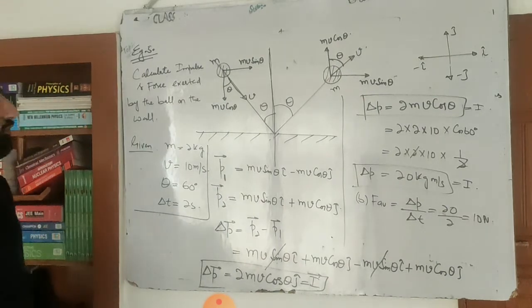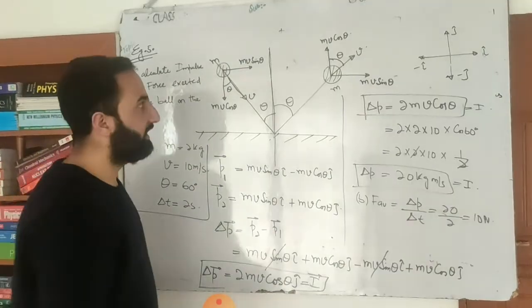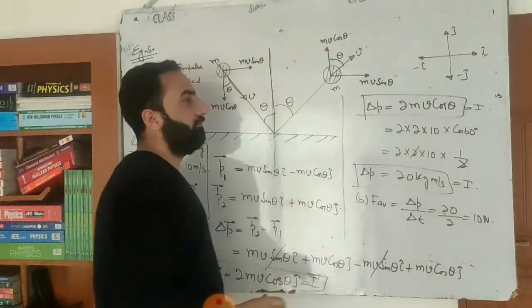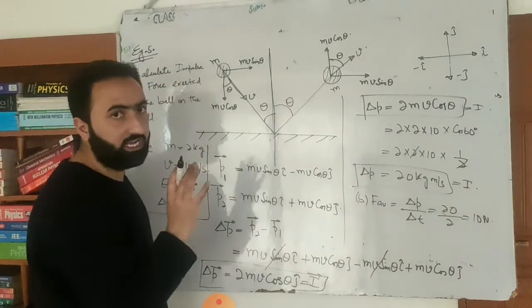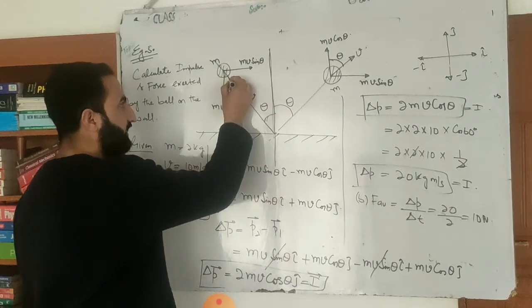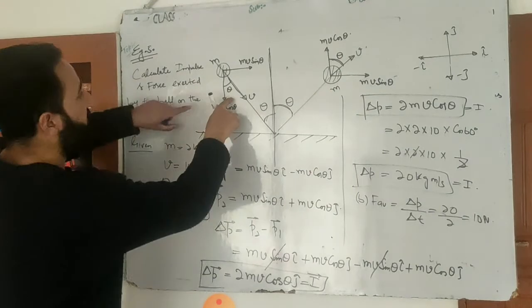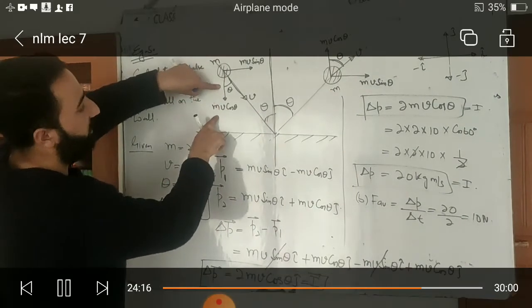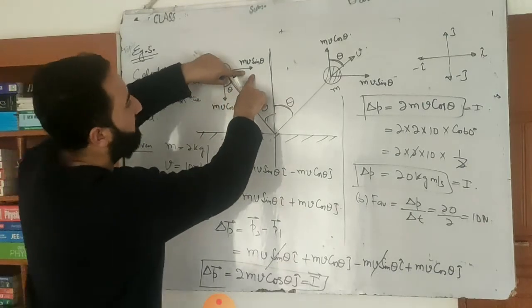Simply like this, again I will repeat. Now keep in mind, beta, in this direction there is momentum which is called m multiplied by v, in this direction there is momentum which is called m multiplied by v, fine, okay. So first of all, what you do is this: you resolve this linear momentum into angular components. This is theta, so this is also theta, right beta. Now if this is theta, and here the momentum is mv, so in this direction the component will be mv cos theta, in this direction the component will be mv sin theta.